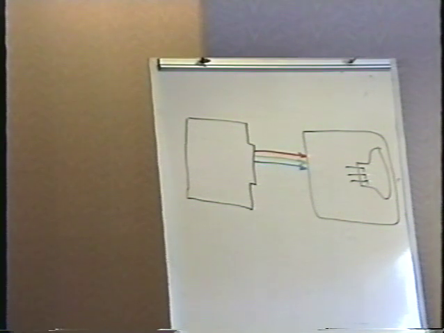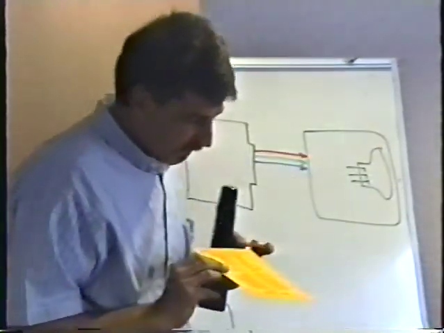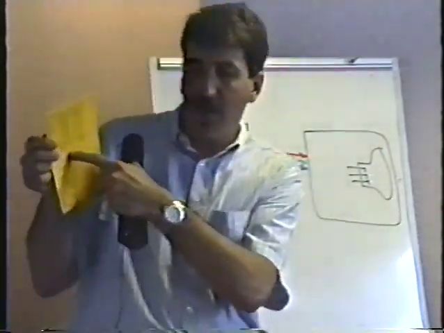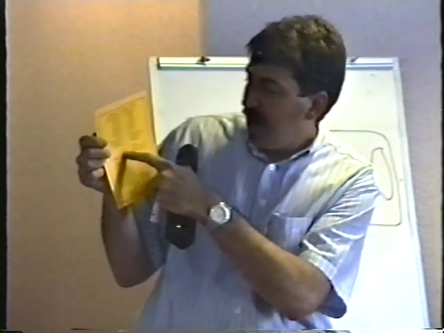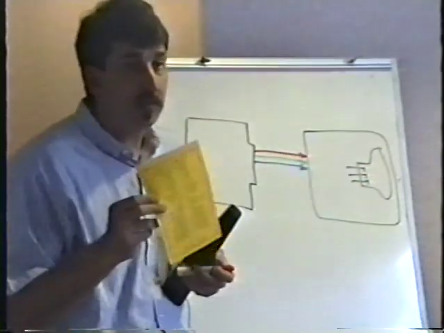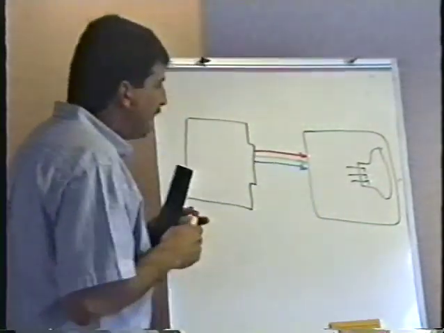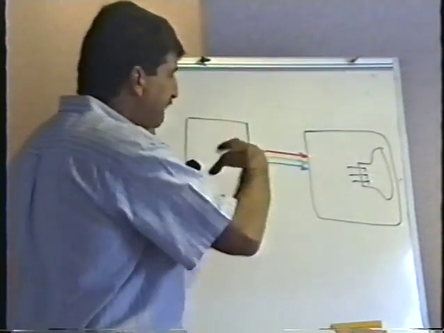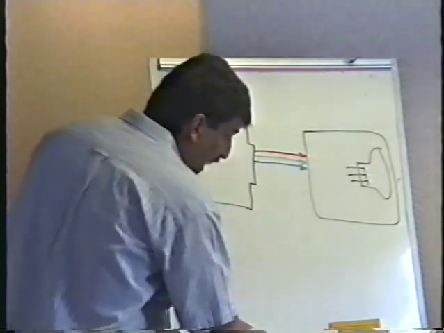Referring to your extremely handy JAMMA connector, which you don't really have to pull out if you don't want to, the red comes out pin 12, the green comes out pin N, and the blue comes out pin 13. And usually they use color-coded wires, red, green, and blue wires, to make your job a lot easier. These color signals tell the monitor when to turn on and off. For instance,